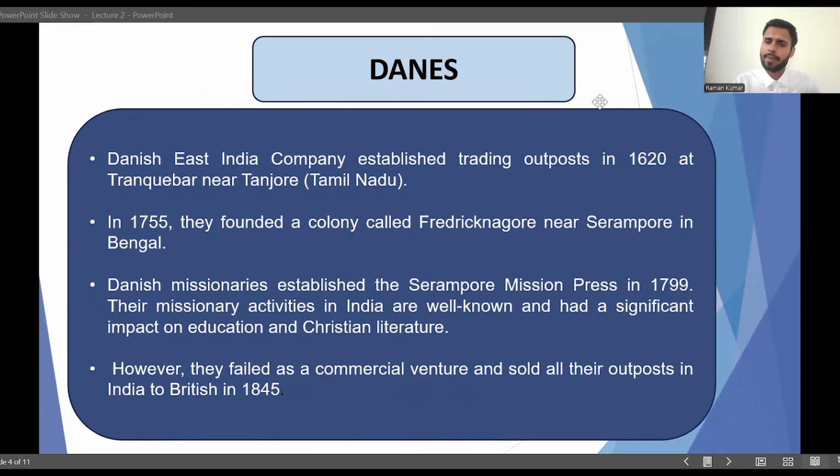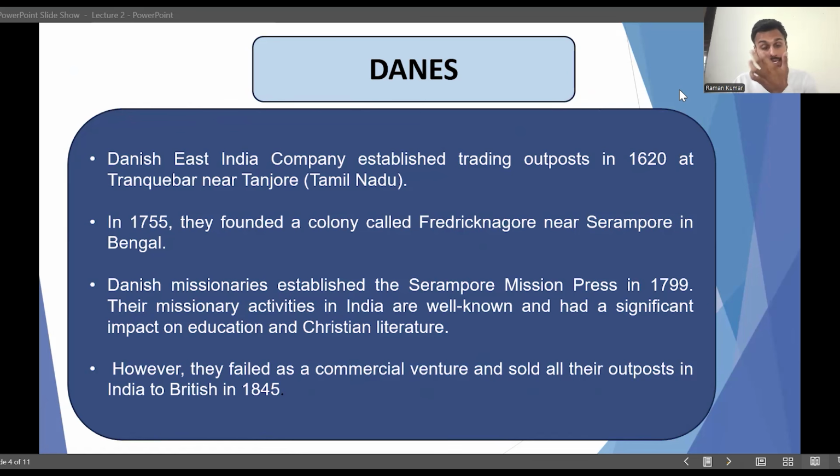I'm sure you are clear about the difference between the Dutch and the Danes. The Dutch were basically the people from the Netherlands and the Danes were the people from Denmark. So both are different countries. It is sometimes confusing. You can remember it in this manner: there is a T in Dutch, and there is a T in Netherlands. So there is no T in Denmark, so that goes better with the Danes.